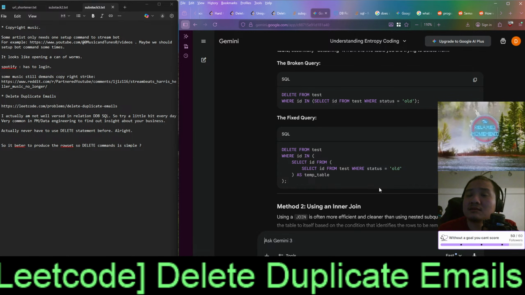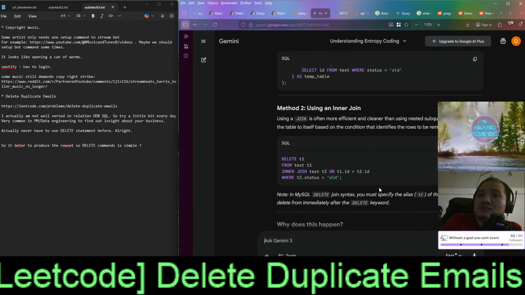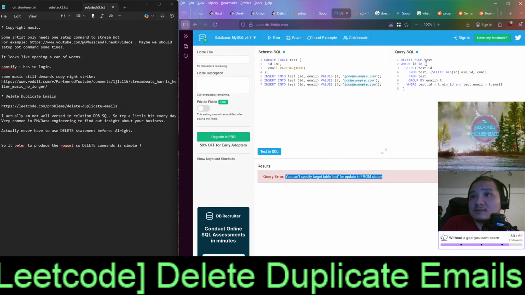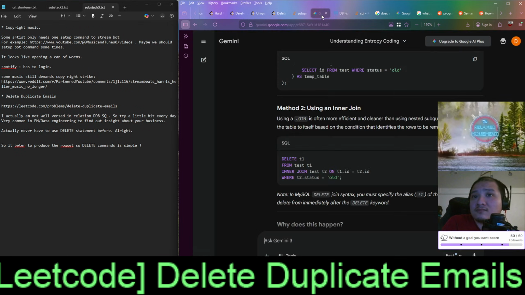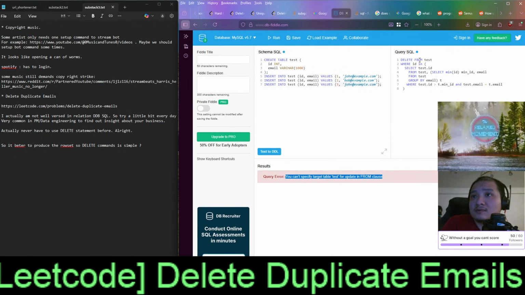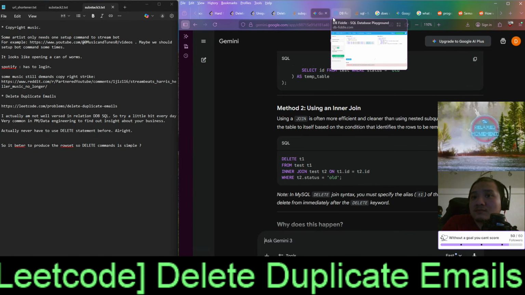Select ID. Okay, so let's do inner join, I guess. From P1, okay, try that.